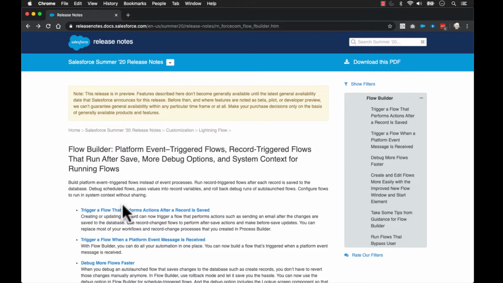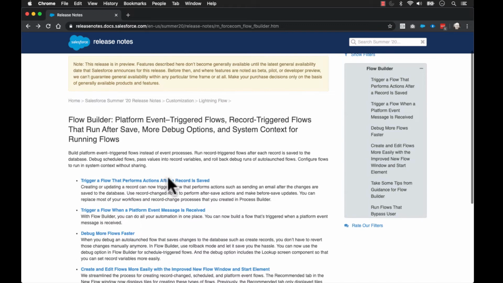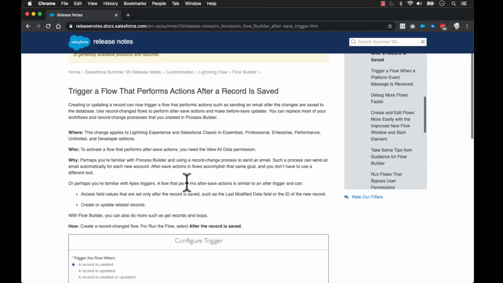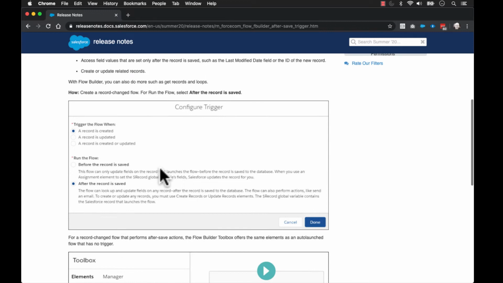So this is pretty cool. I know in the last release, they changed the flows so that you could do a before update trigger. Now they're adding it so that you can do even more with that. You can do the afters, and you can do when platform events are triggered. So let's dive into this one. This really makes it so that you don't need to have process builders involved anymore. You can do it when a record is created or updated, for both before and after. Let me just show you what that looks like